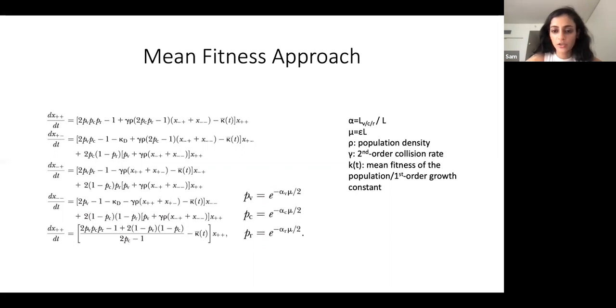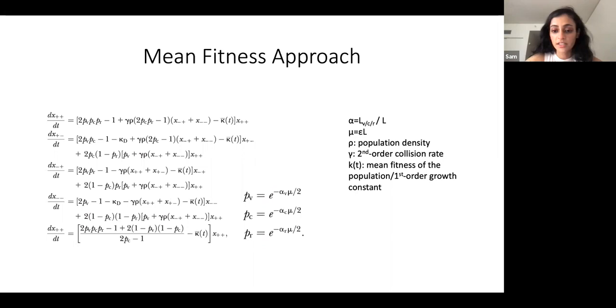And here we also have alpha. So there's alpha V, alpha C, and alpha R, which again corresponds to the three probabilities. And the L would be the length of the genetic material, and rho is the population density, which will remain constant because we're assuming that the volume will also increase with the population, and the density will not change,